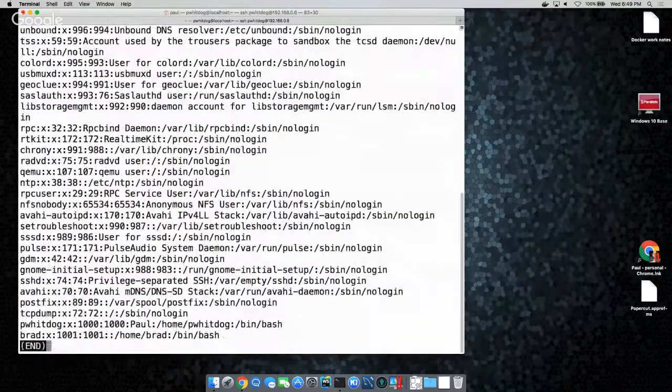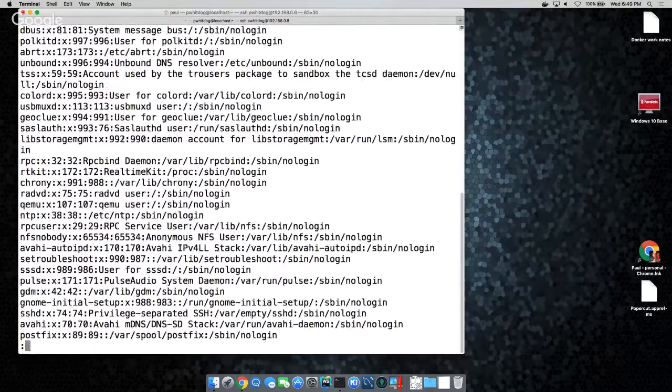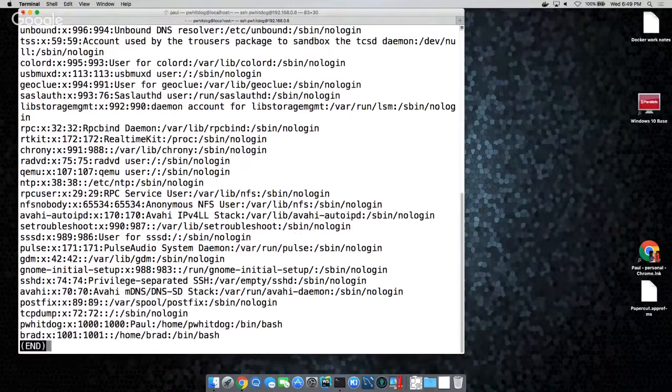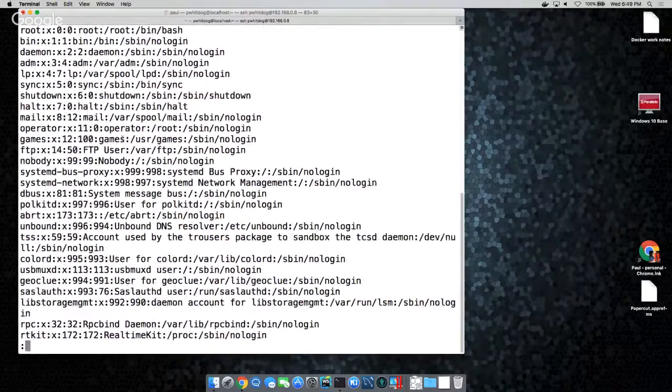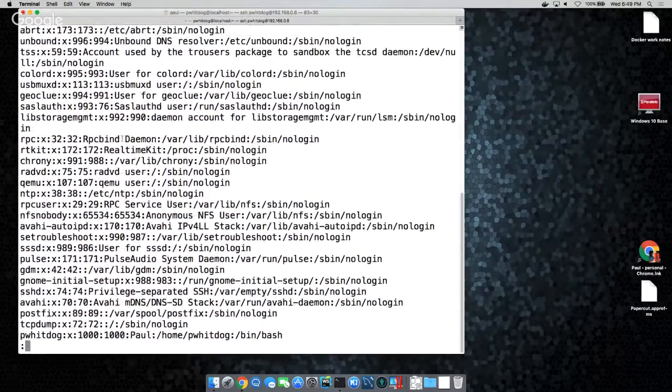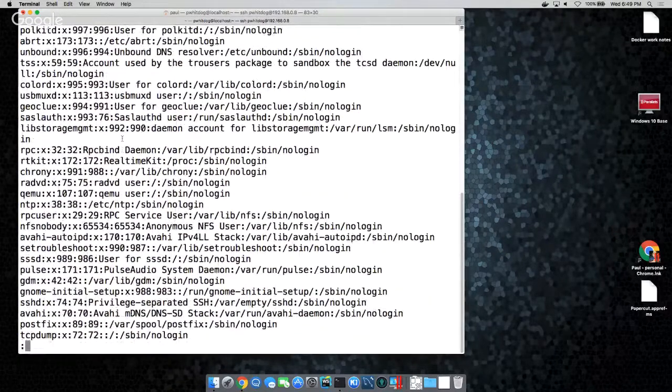Usually, if you type more, the systems here will have an alias basically to less. There's a couple of useful things in less. Page up or B to go back a page, page down or space bar to go forward, up and down to go lines, G to go to the end. Slash and then what you're looking for is a search. That's really useful. Slash and pwitdog probably would be in there.